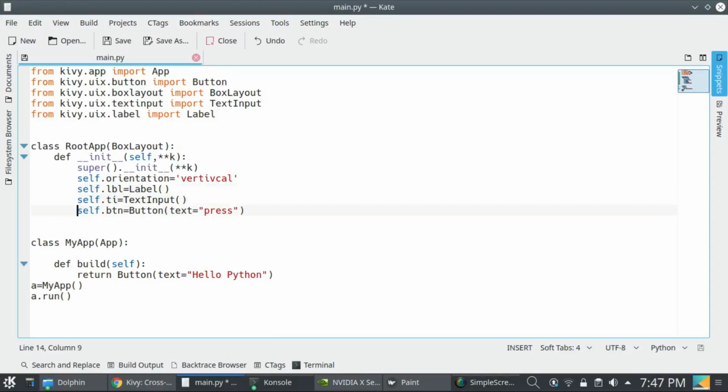So now I have three objects: a label object, a text input ti object, and a button object.